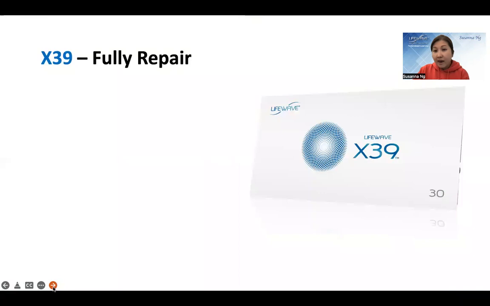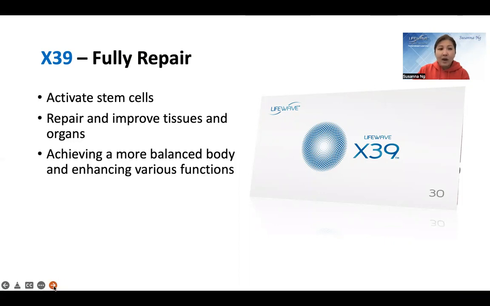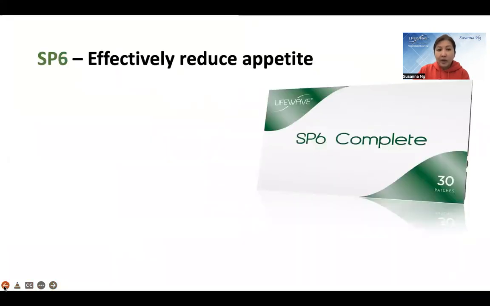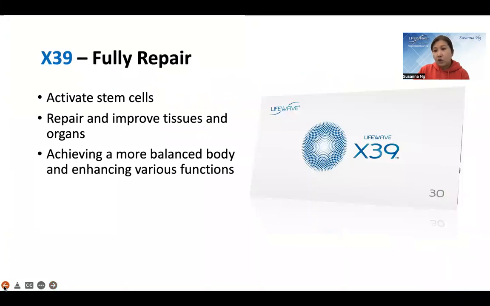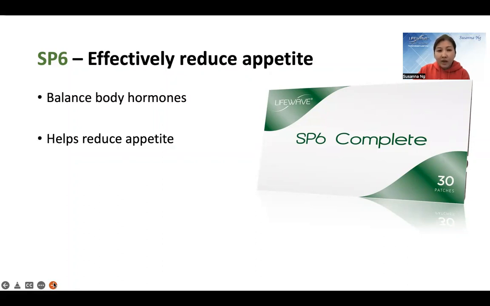Such as X39, which fully repairs and activates our stem cells, increases the number of our stem cells, and repairs and improves our tissue and organs. Also, it can achieve a more balanced body and enhance various functions. And SP6 effectively reduces appetite and balances our body hormones, and SP6 can also improve our